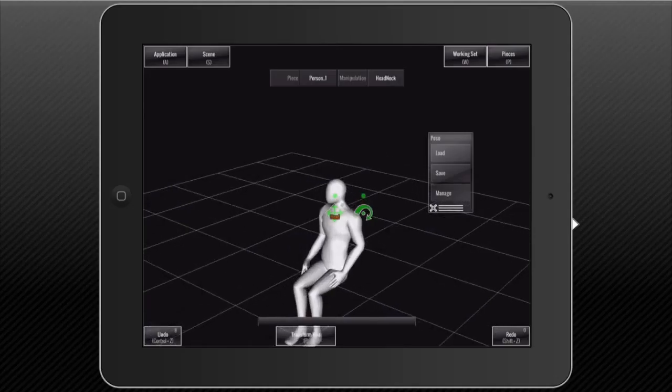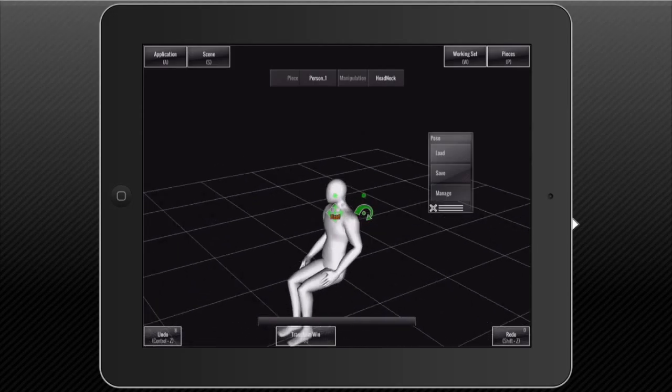So maybe I've saved myself from never really having to pose the head and neck ever again, because maybe those 5 cover everything that I would want to do in a generic sense. Or maybe not, because eye lines are really tricky. So I might start by loading these and then tweak them. But every one of these